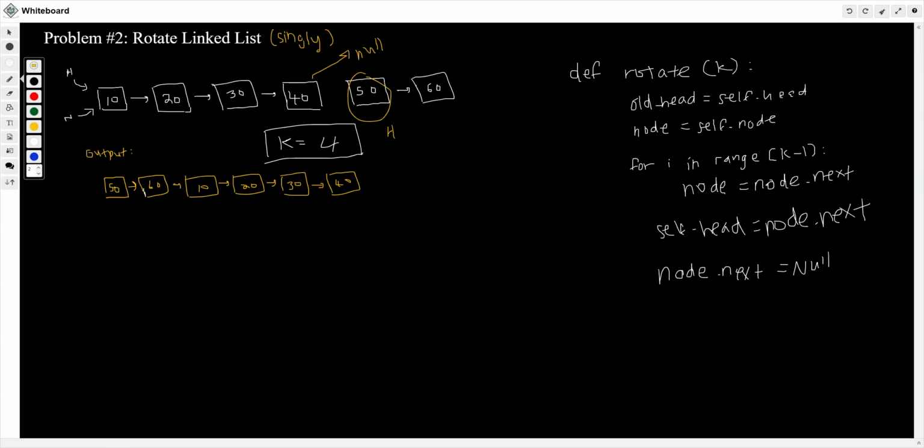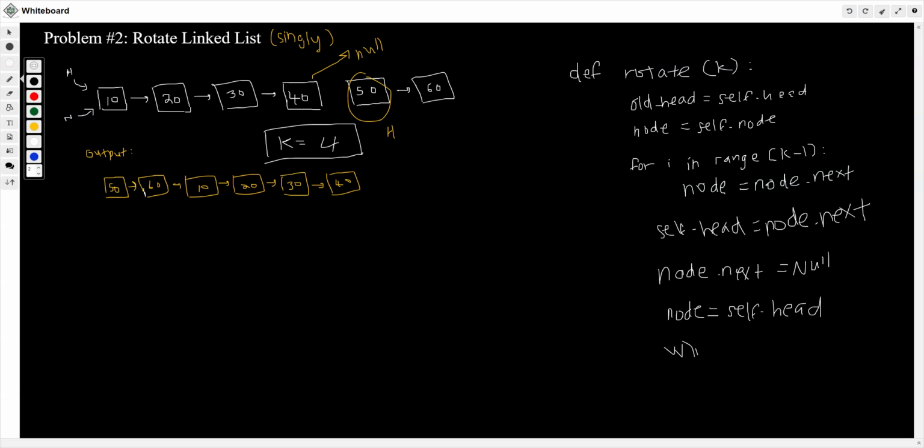So now we are at node 50. We're going to declare, oops, is null now right here. Now we're going to write node equals self dot head, which basically means we are going to traverse. So node right now is at 50 and it's kind of the head, but now the more important thing is